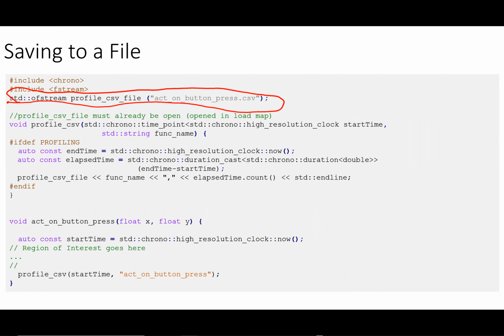Global variables are constructed and initialized before your main function starts. So at the very start of my program, this basically says output file stream. So it's an output file that I can write to just like cout, behaves like a stream. I gave the object a name, profile CSV file. CSV because I'm going to use comma separated values. So value, then a comma. That makes it easy to read it into spreadsheet tools. And I have the name of the file here. So I'm going to call it